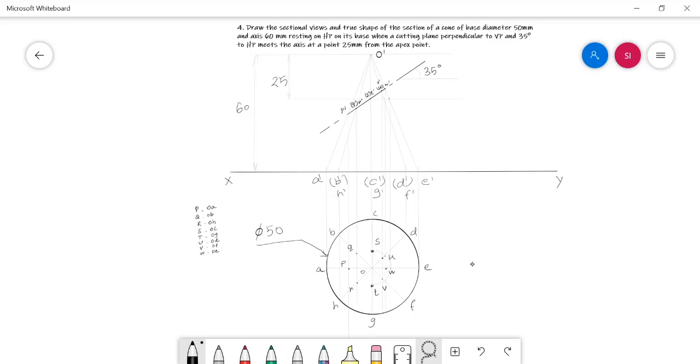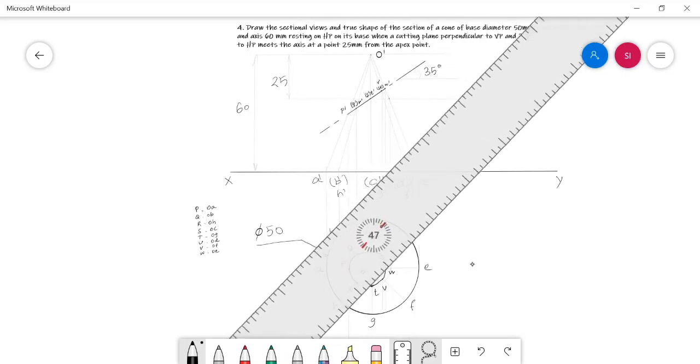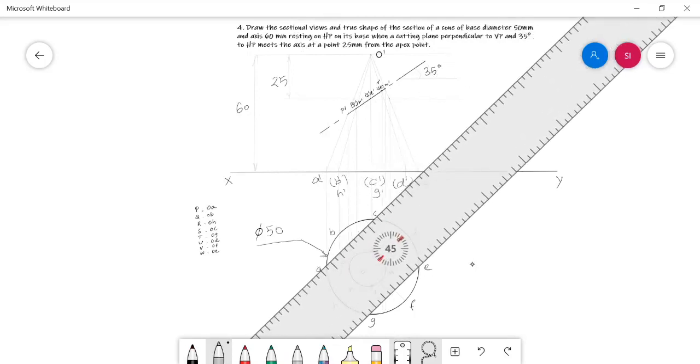It is W. Now you need to connect all the cut points with a smooth curve, not with a straight line, because it is not a polyhedron. That is, it's not a prism or pyramid. It is a solid of revolution, a cone. So we needed to connect all the cut points with a smooth curve. Definitely it should not be a perfect circle. And then we needed to hatch it with our regular rule.